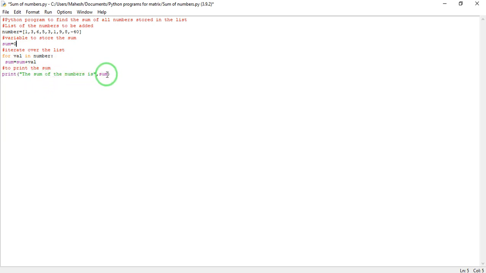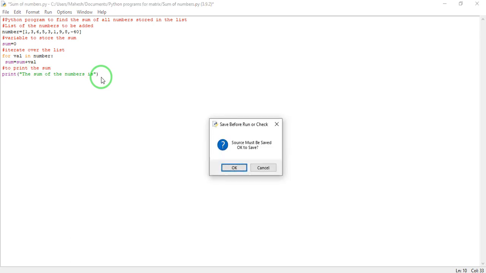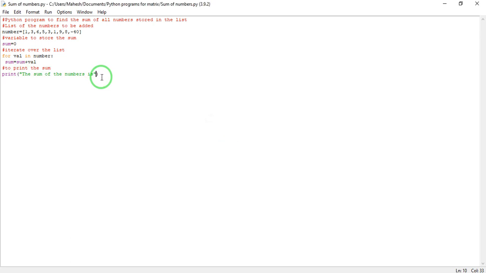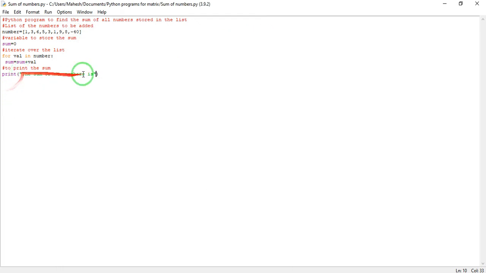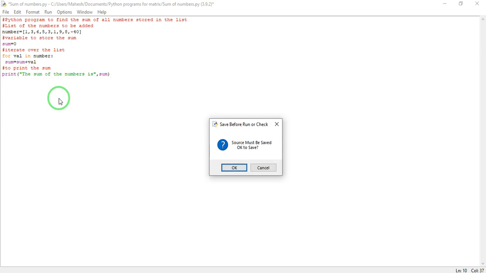Okay. Again, if I remove this sum, let's see what it prints. And remember always this has to be in 2 colons. Let me press F5, save. The sum of the number is. So Python will only print this. We have not told it what else it has to print. So this is printed only, and then again it will print sum, which is this sum, and then now we will compile again.